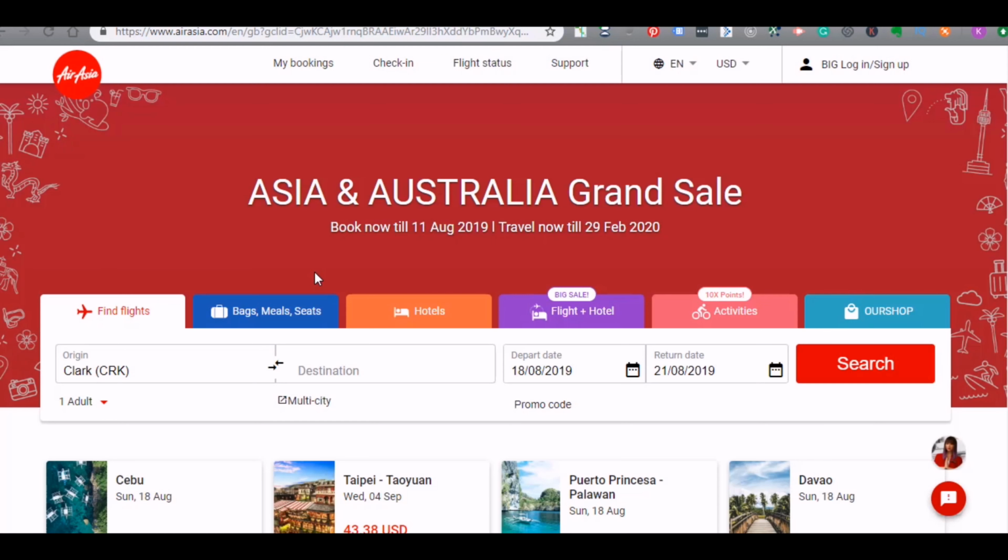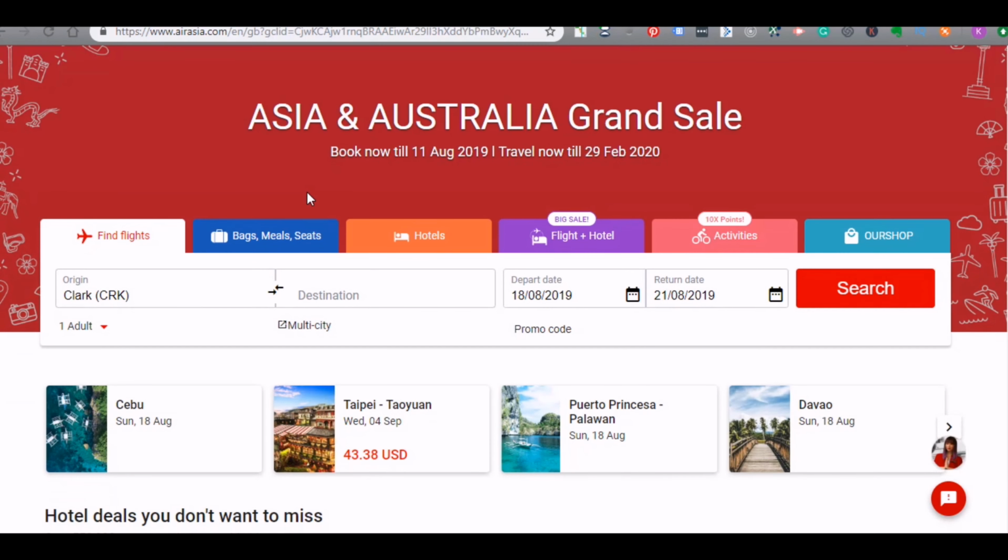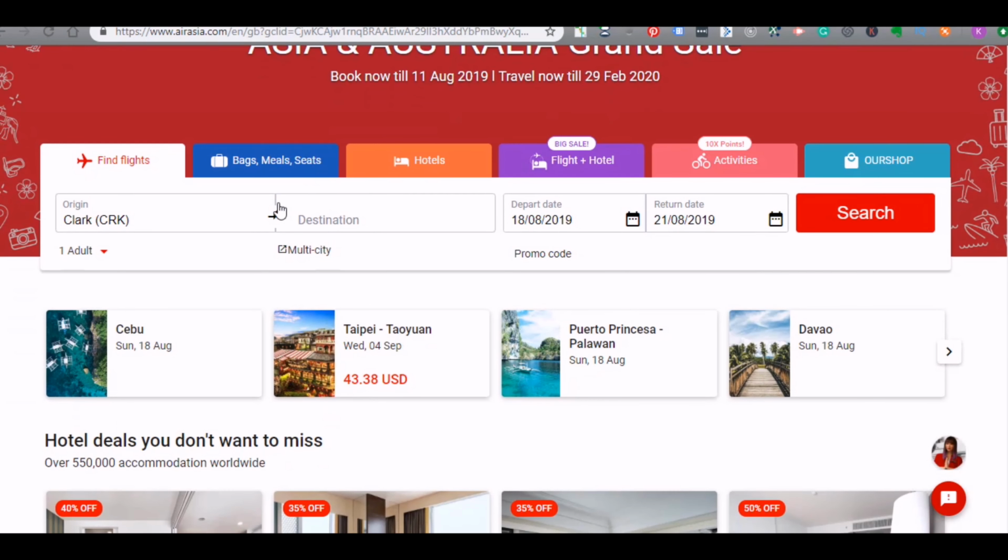Kunwari yung AirAsia. So, maraming nagbubook ngayon, nag-promo ka, maraming nagbubook, and then may discrepancy sa bug. Ano gagawin mo? Siyempre, severity yun kasi maraming gumagamit ngayon. Okay? So, yun yung